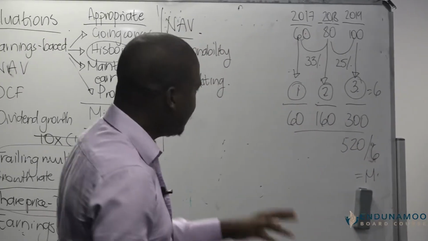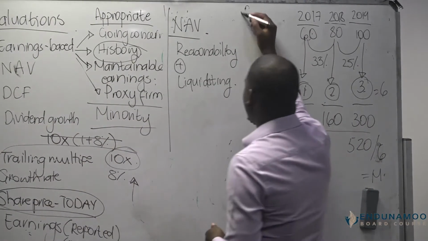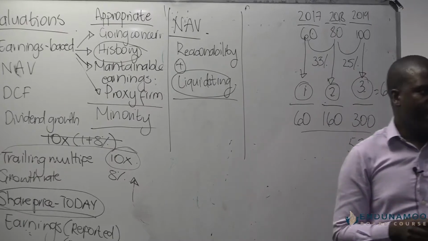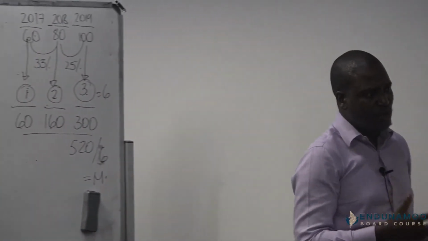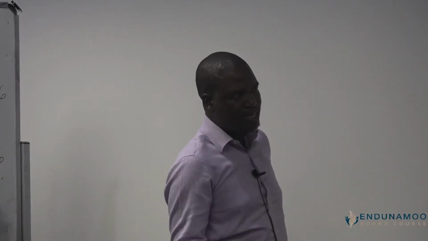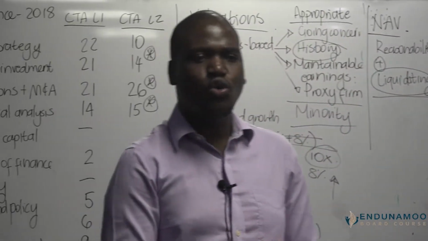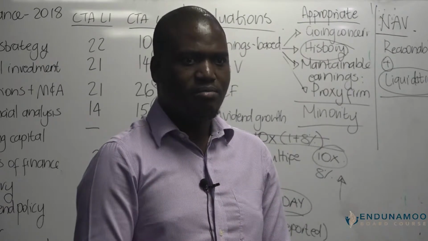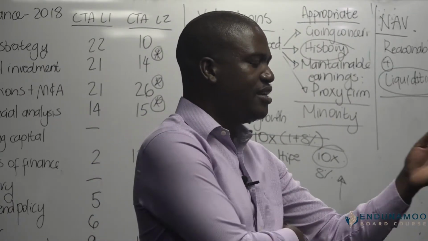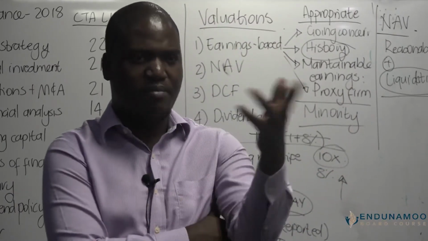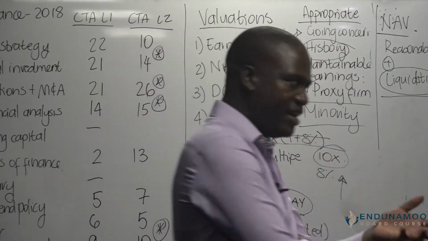So that is the primary idea with this, that we are using this to just say that from a reasonability perspective, I want to get a sense that if I close today, I should get less money than if I were to operate altogether. So as a reasonability, we expect NAV to always be at the lowest, because almost each and every business needs to have what? Needs to have prospects to grow, and those prospects to grow will be factored into the multiple, and as a result, will then have what? A higher